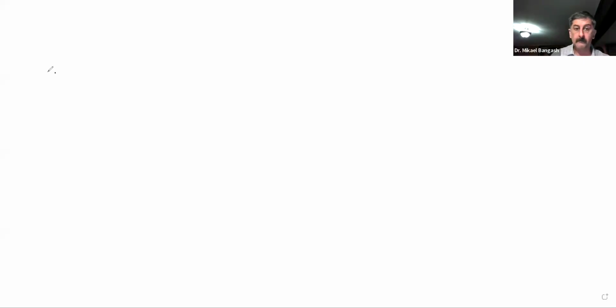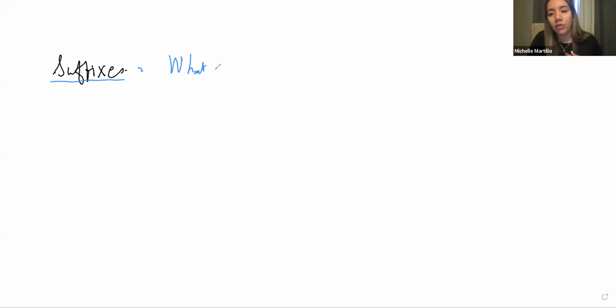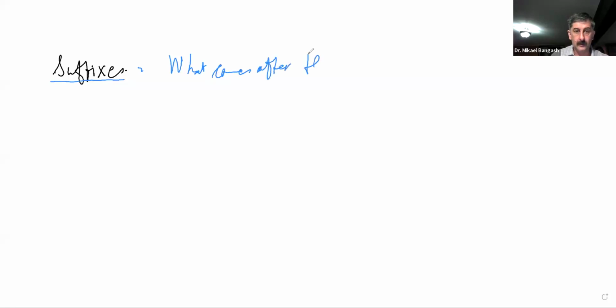So what we'll be starting with today is going to be the suffixes. And what did we say the suffix was? That was mainly going to be the ending of a word, or what comes after the